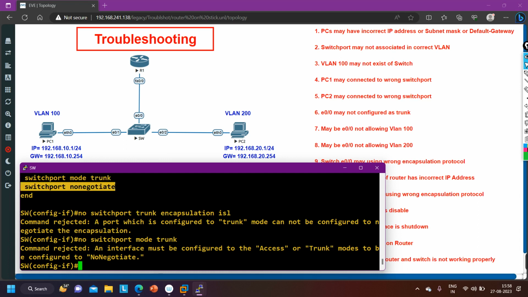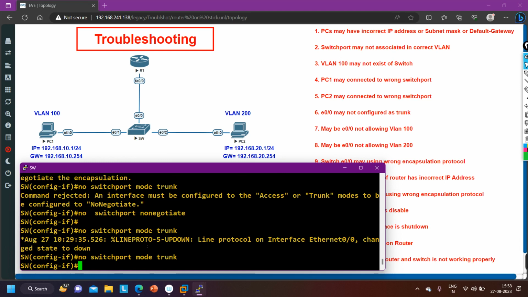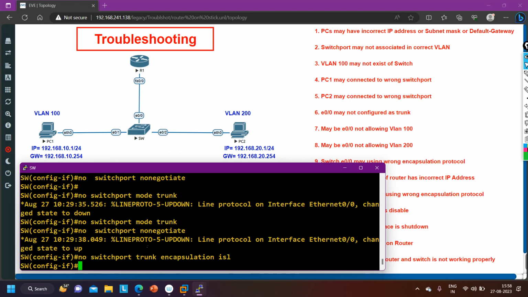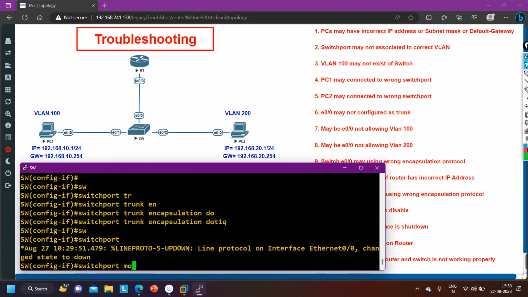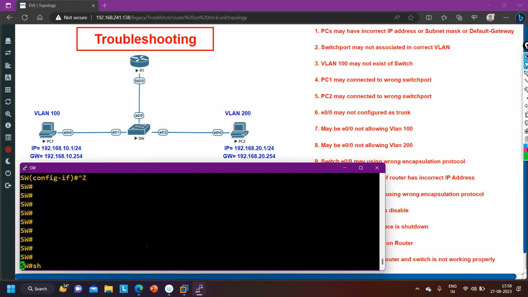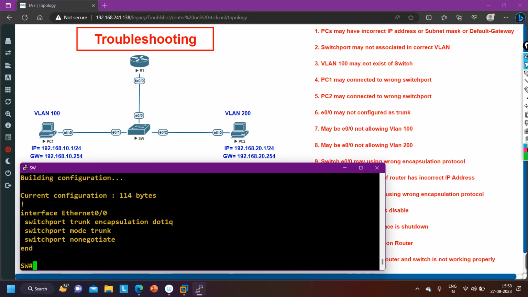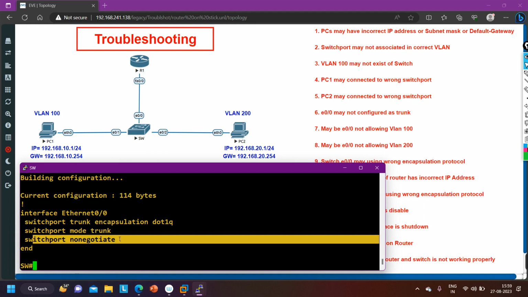So first of all I think I need to say this command, and after that we can run the no switchport trunk command, and then we can run no switchport trunk encapsulation isl, and after that here I am going to say switchport trunk encapsulation dot1q and switchport mode trunk and switchport nonegotiate. That's it. Now you can see, so run interface E0/0. Okay, now the encapsulation protocol is .1q and switchport mode trunk and switchport nonegotiate, and now